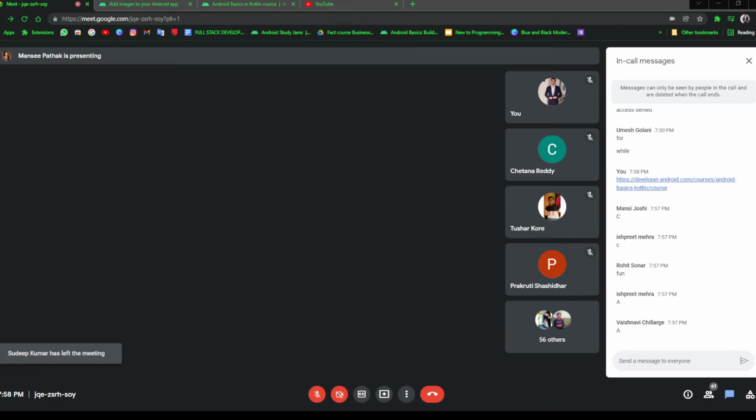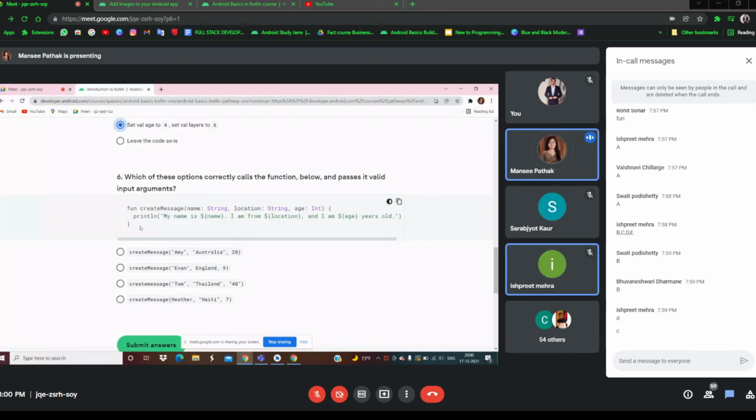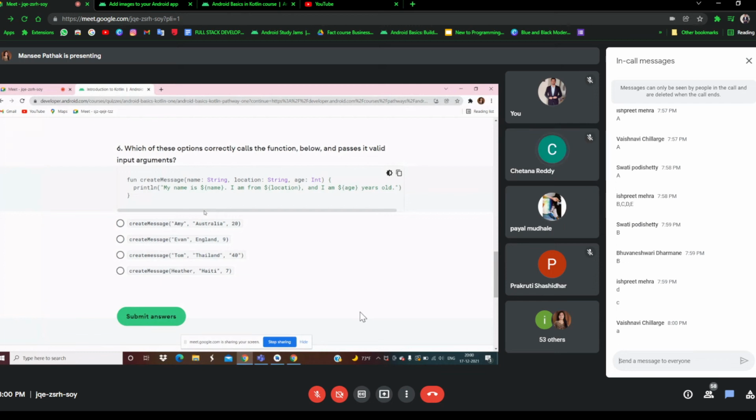And yeah, this is about strings. So here, it passes valid input arguments. So what will be this answer? We have given the name as a string and the location as a string. A, A is the correct input, right? Because the name here we have given